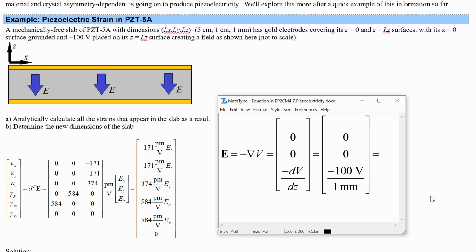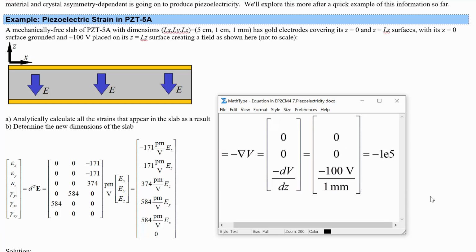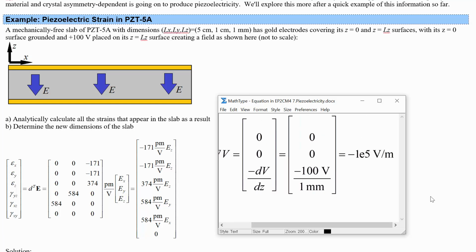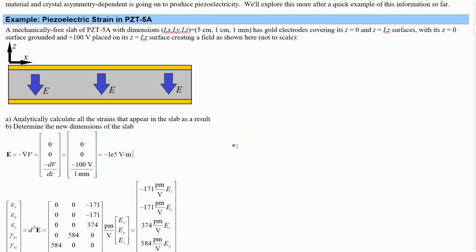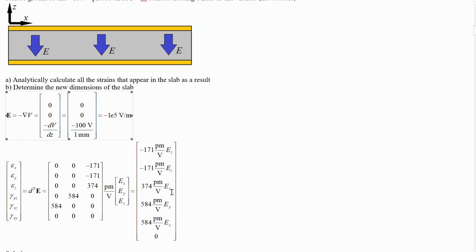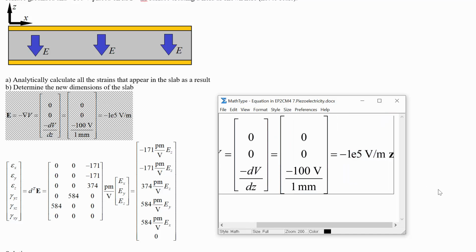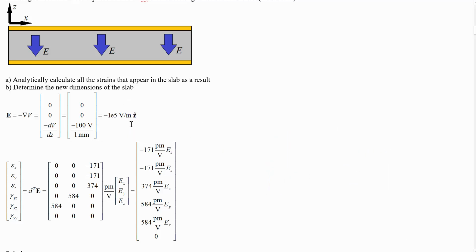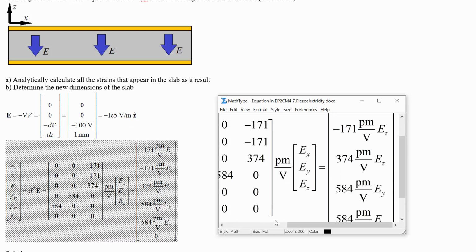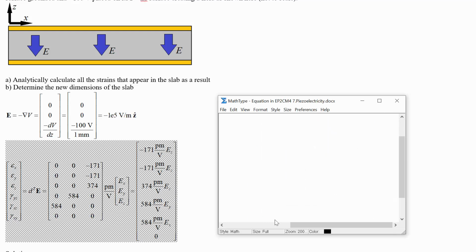So if we get rid of the column vector notation because it's so sparse, there's a lot of zeros in there, we're left with minus 1 times 10 to the 5 volts per meter. Okay, so if we take this one and substitute it in for the Z, there's still a vector notation there if we want to get rid of the column vector notation. This looks like a scalar, so we need to say a Z hat there. Yeah, that's in the Z direction. Okay, so we substitute that in here for just the z's, and we are left with